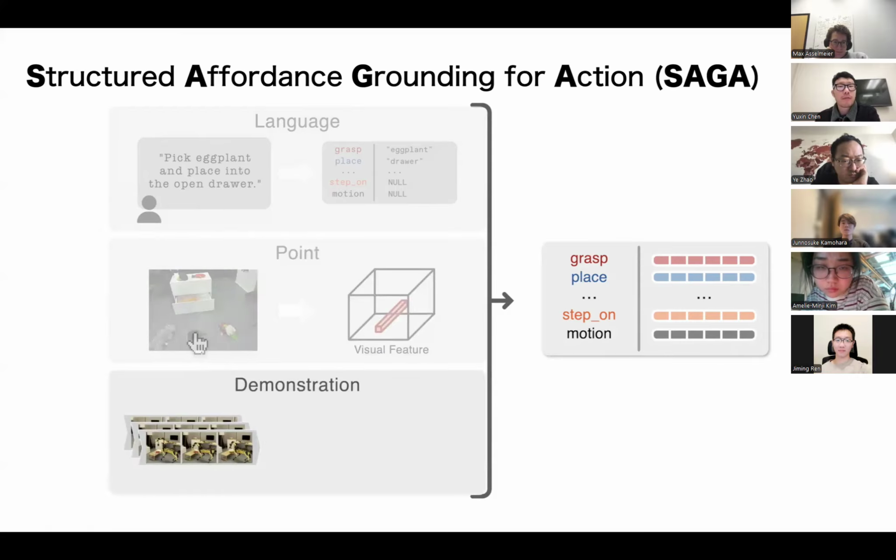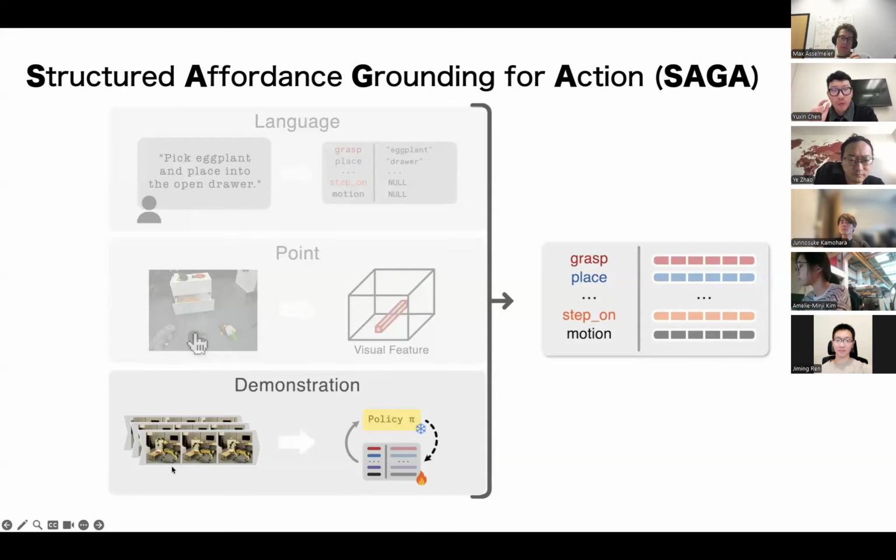Or we can do few-shot learning, which basically means we have a policy, we freeze it, and then we provide some few-shot human demonstrations. We do teleoperation to collect all these demos, and then let the robot itself specify which embedding corresponds to the task. I'll explain it later in an example.